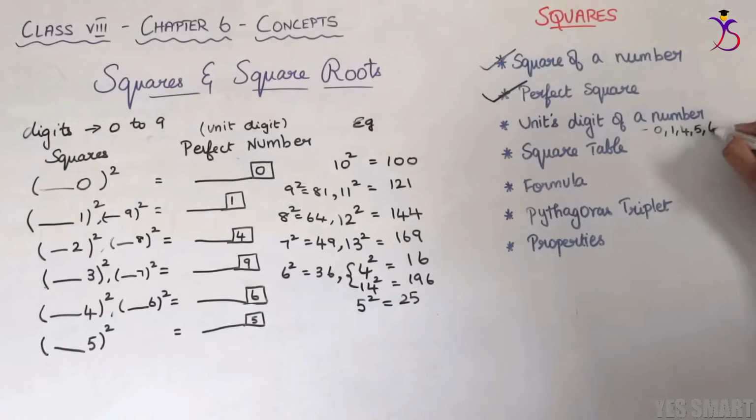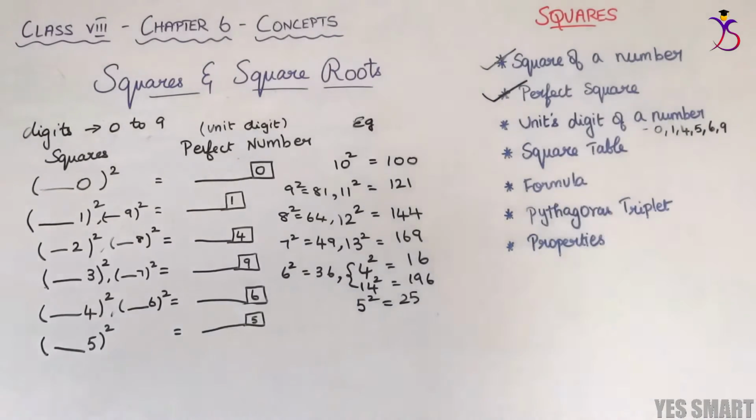So here when I say 0, it implicitly means an even number of 0s. Even number of 0s in the sense that 1000 cannot be a perfect square number, however 100 and 10,000 are perfect square numbers, because squaring a number is multiplying a number by itself. So we represent it with the power of 2, which is an even number. Hence we are multiplying two numbers, which is also an even number. Therefore a number should end with an even number of zeros to be a perfect square number.